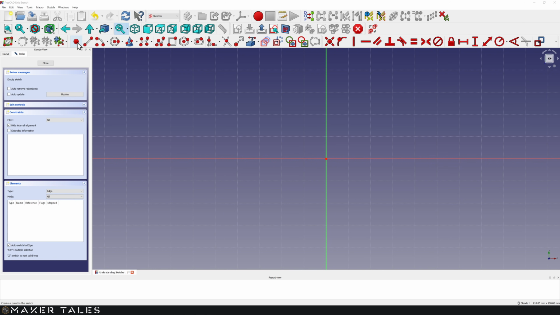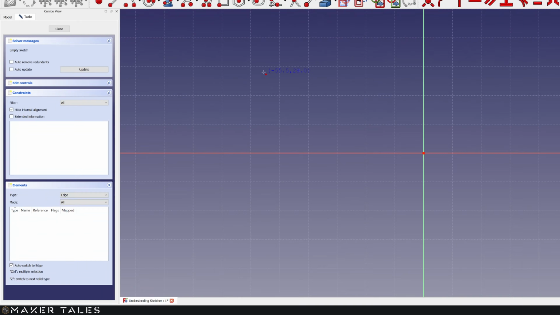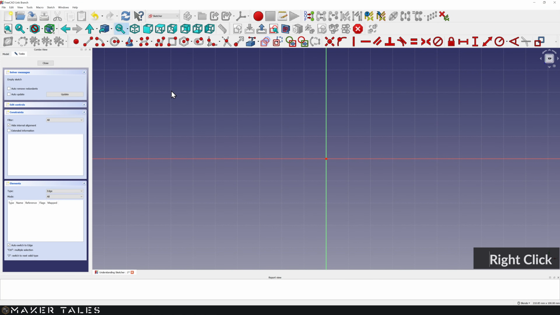To activate a tool, you just go ahead and left click it, and that will make it active. Now, a whole bunch of these do have shortcuts, which is another way of activating the tool itself. Once active, you will have an icon that follows your mouse of the active tool. For instance, we have the point or marker tool active, and that's following our mouse. To deactivate it, just right click and that will deactivate the tool.